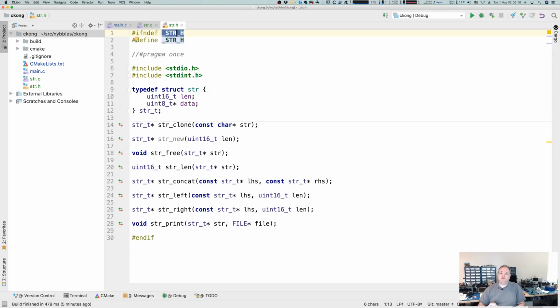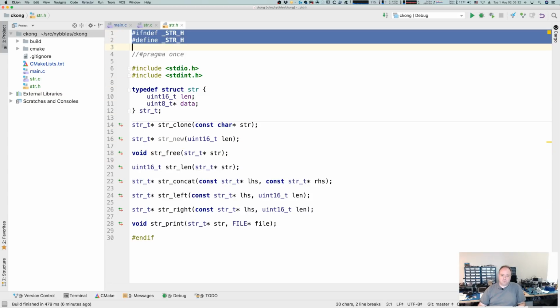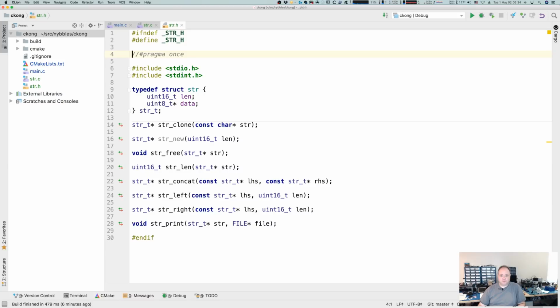It won't be defined until the first time this is included per compilation unit, okay? Once it hits this, it will then define it. Once it's defined, this block will never be run again, okay? So this prevents recursive includes. However,